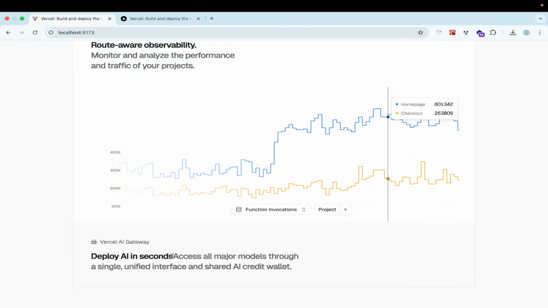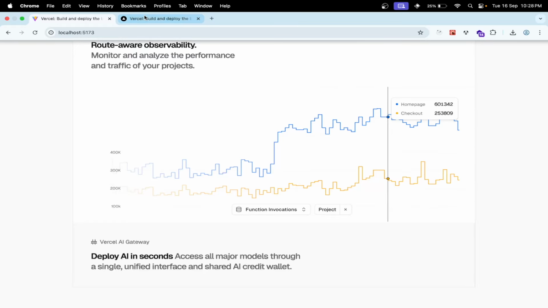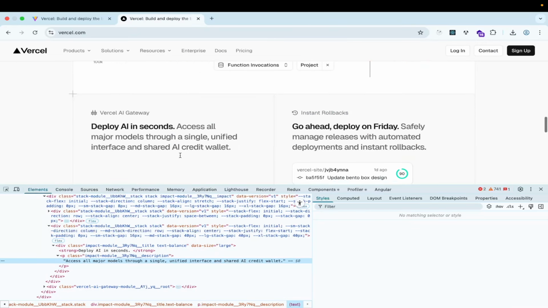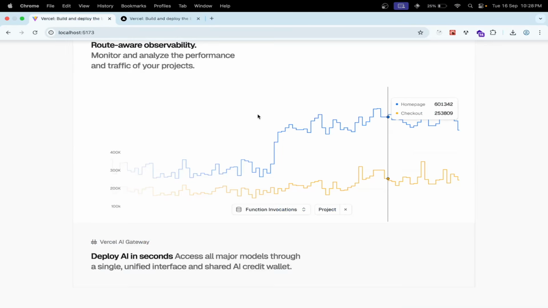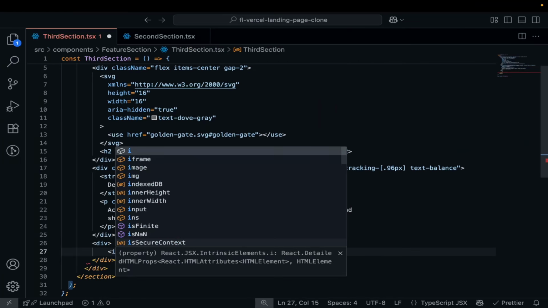We want some space here. So after seconds I will give some space. Yeah, now it is looking fine, exactly like this one. Now let's create the image part. So after this div I will take one more div. I will take one image tag,